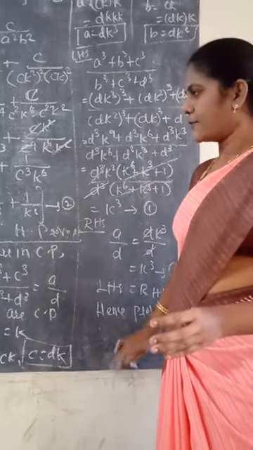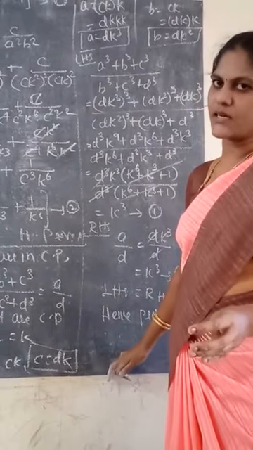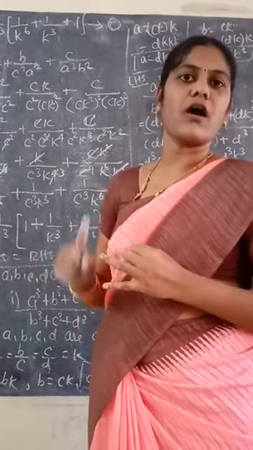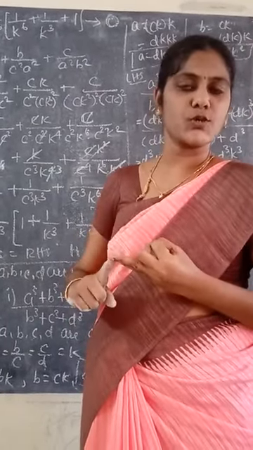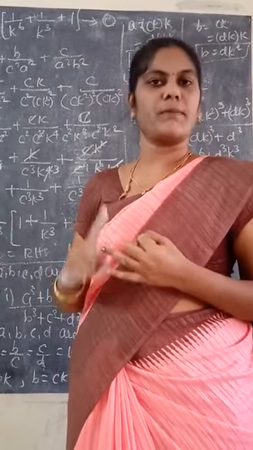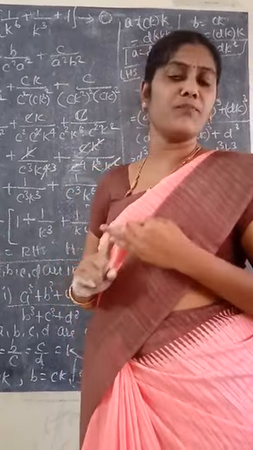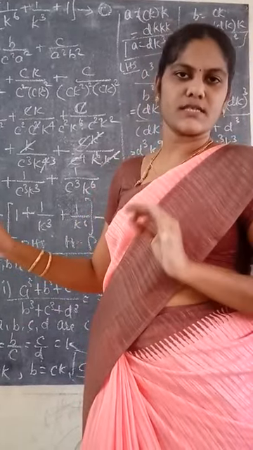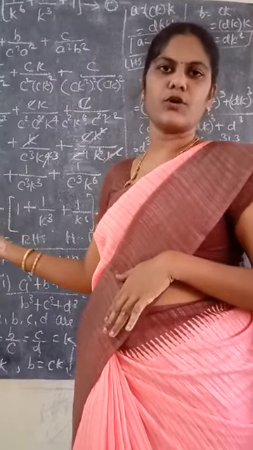Okay, listen. Up to this, the exercise is over. I will send you the homework. Now listen. Based on this model, proportion or continued proportion, out of these two you have one compulsory question in your board exam. If you have a previous question paper, you can check it. It's a very important question. So do the practice, do the homework sums without fail. I will send you the homework and board copy. Thank you.